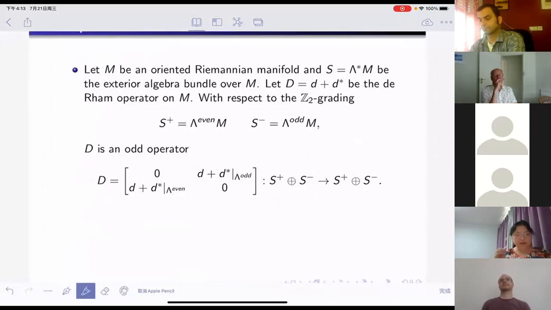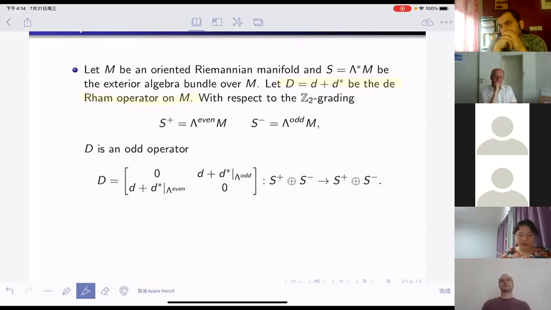So this example is an oriented Riemannian manifold M, and let us consider the bundle to be the exterior algebra bundle over this manifold. Consider the de Rham operator on M, which is defined by taking the exterior derivative plus its adjoint with respect to an inner product specified by the Hodge-Star operator, and one can